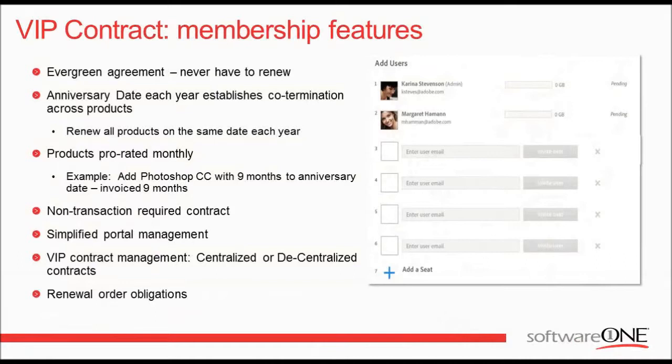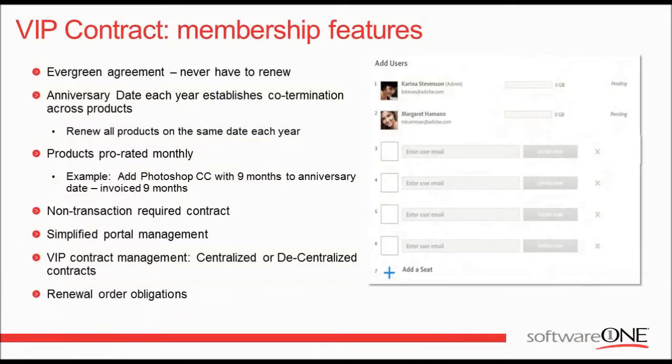Another aspect of this VIP contract is the administration portal. On the right side of the screen, you'll see a screenshot of how you manage your licenses and your users. Now, I'll get to how you actually manage users, quote unquote, in a little bit. But the point is that the administration portal as a whole is a very streamlined process and a streamlined dashboard view. Frankly, the LWS for Adobe gets confusing. There's just too many aspects of the portal as a whole that can confuse customers. How do you access your keys, your downloads, your license history, and your administration?